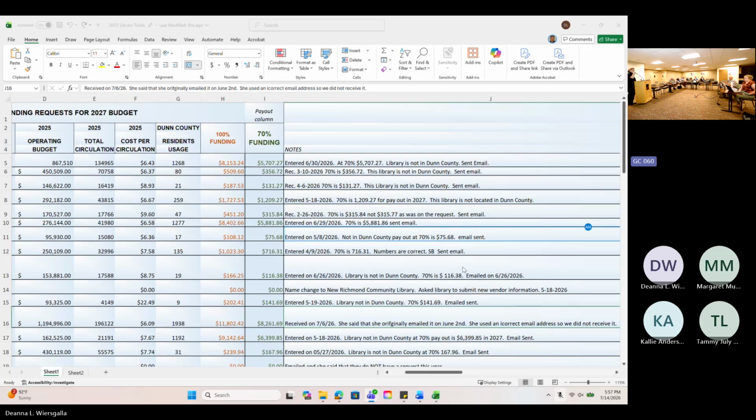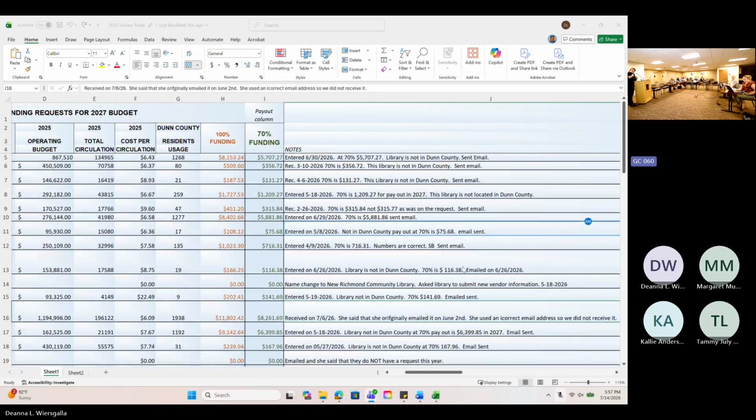Two, if there's ever an addition or correction that we need to make, we usually do that immediately. So we can say, you use 6 decimal places, we use 2. Our calculation from Dunn County would mean this, and it might be the difference of $300, it might be the difference of 47 cents. But we always let them know that. So that is one of our fail-safes, and you can see there's several parts of information that we list there